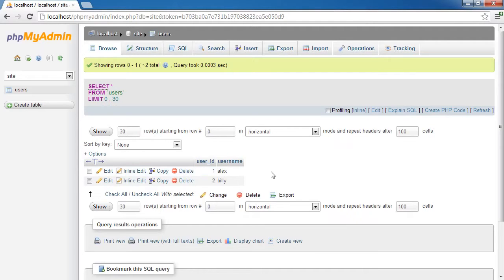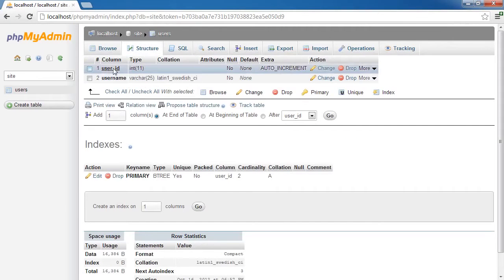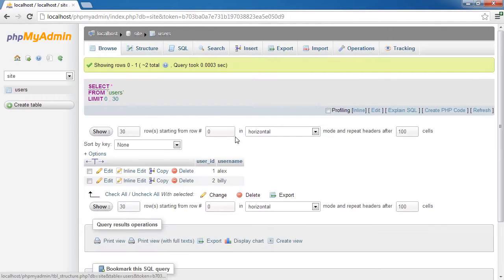So you'll obviously need to modify some things to suit your application, but in terms of this example, I'm just using this example table. If we go over to the structure, we've got a user ID, which is an auto increment integer, primary key as you'd expect, and the username is just a variable character type of 25. So nothing really special here, and I've inserted two usernames, Alex and Billy,